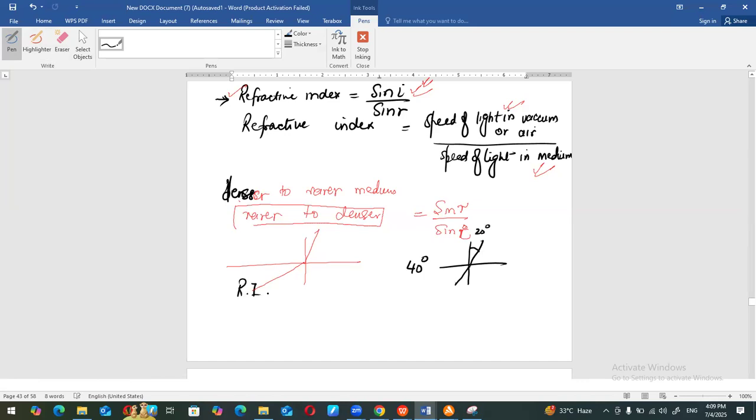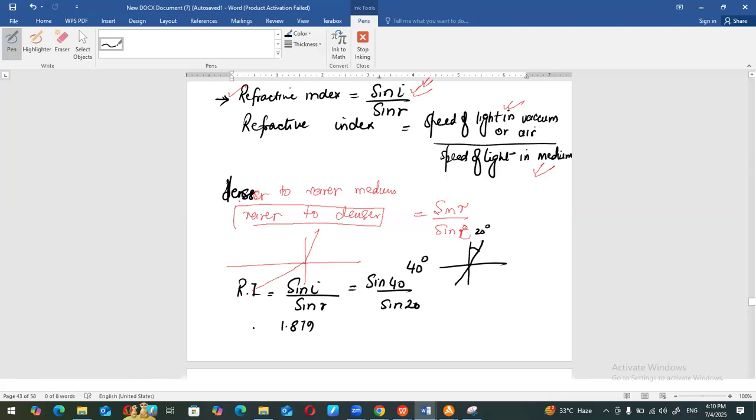So in that case, refractive index will be equal to sine i upon sine r, which is sine 40 divided by sine 20, right? Now, you can simply use the formula, and you will see a very interesting fact about it. Basically, sine 40 divided by sine 20, the value comes as